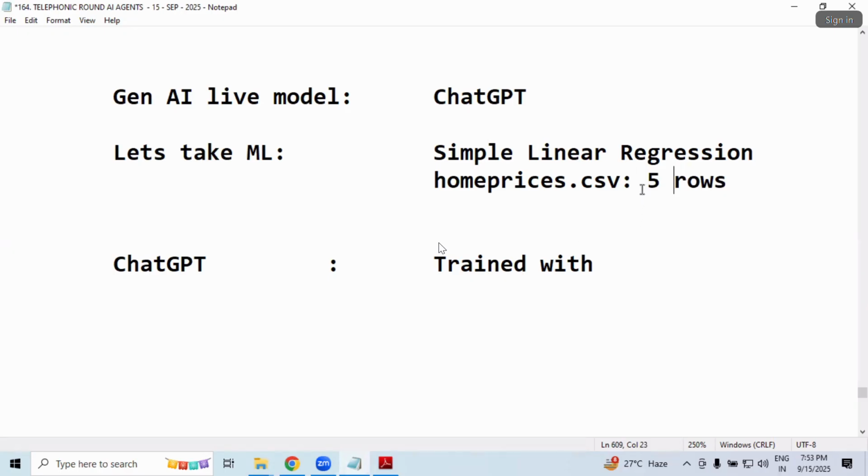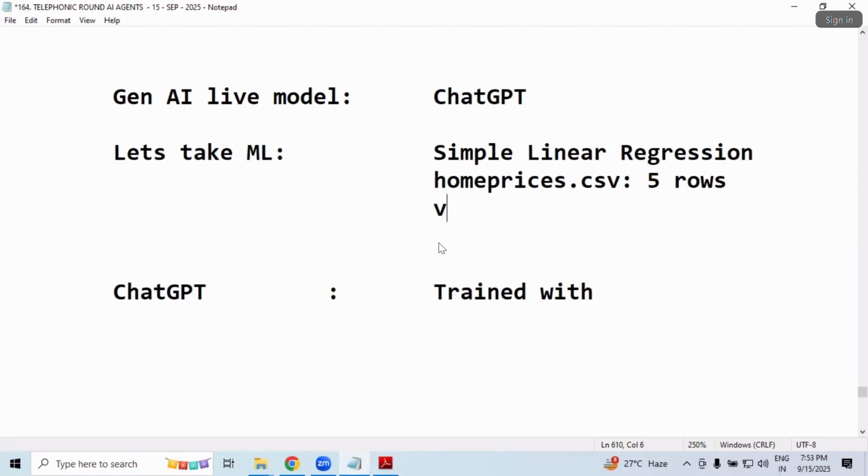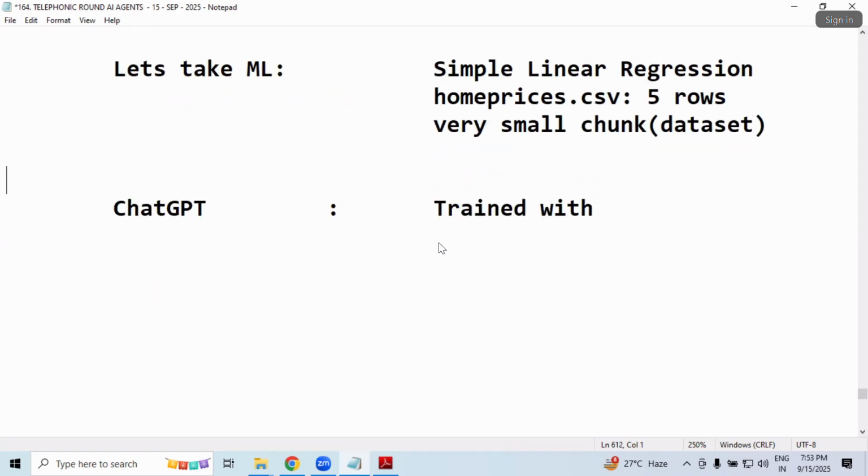Can I ask a question? How many rows? Very small data, a small chunk. Chunk means a small data set. But let me tell you, when you're talking about ChatGPT,